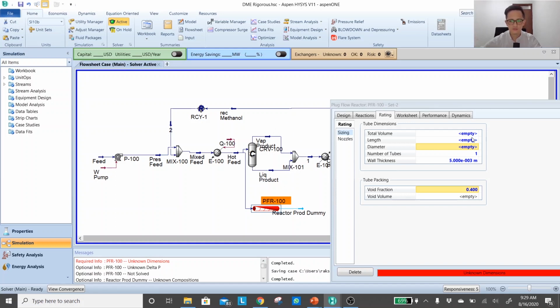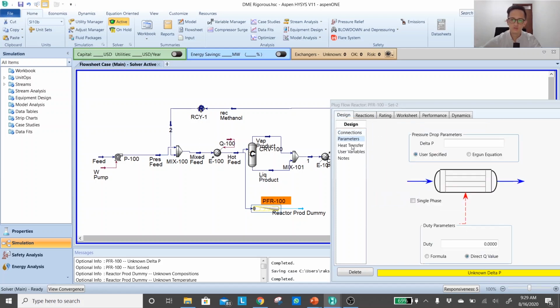So I'm just going to add some random numbers, length 3, diameter 1, so that the L per D will be 3, the typical L per D. And then the status changes, now it goes to an unknown delta pressure. So you go to parameters, and in the delta P you can choose the user specified for a simplified model, but you can also use the Ergun equation once our dimension has been finalized.